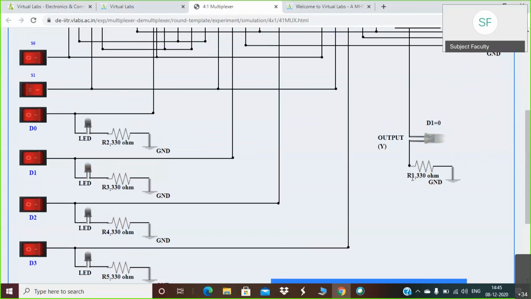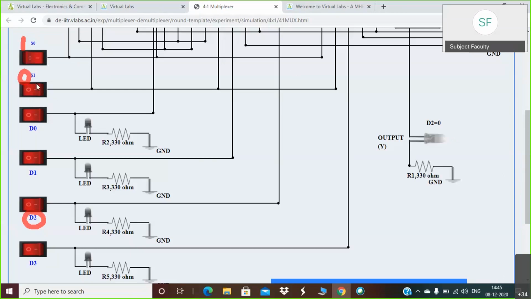For that, select line S0 should be 1 and S1 should be 0. Then only D2 will be selected. So I'm doing the necessary changes. S0, now I am making it 1 and S1 it is 0.